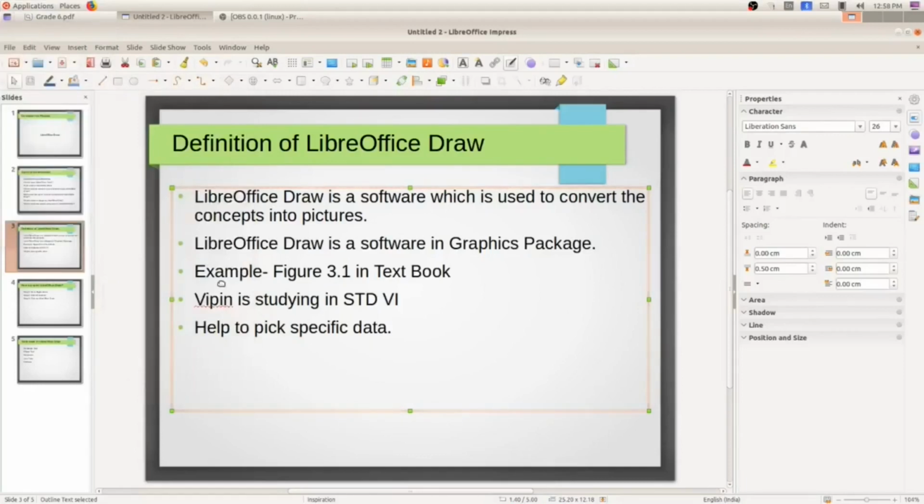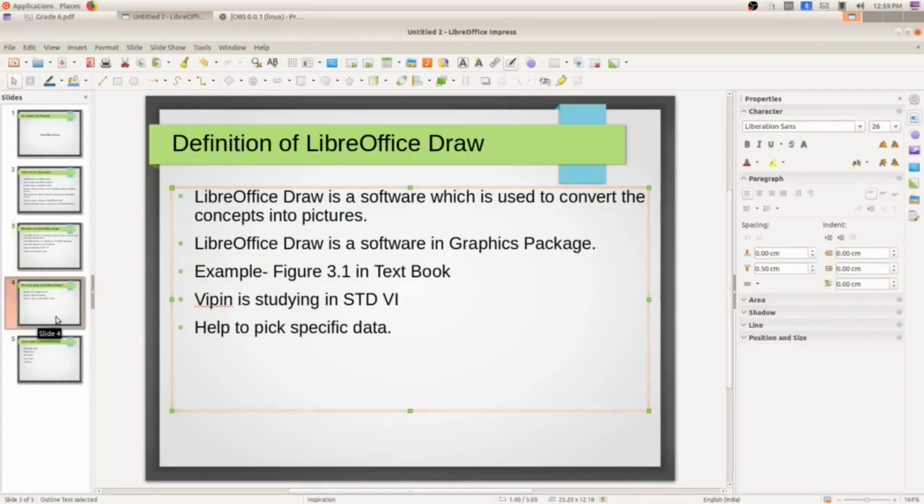And you refer to this figure 3.1 we just studied about VBINs in your textbook for better understanding, and in both blank spaces you write down these answers. So that's all about the definition of LibreOffice Draw.